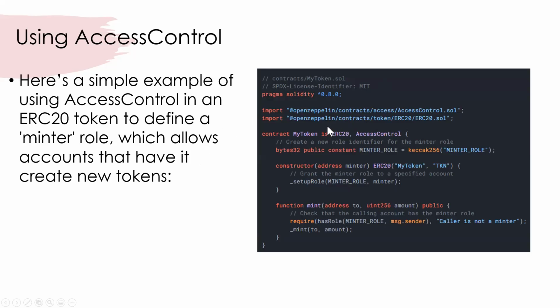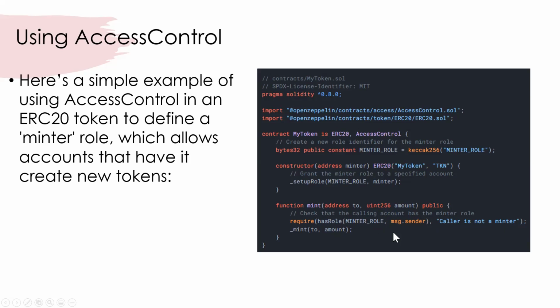So this is it. This is an ERC20 contract, a contract that is essentially a token, and it also has access control on it. So this is a role, for example, a mentor role, and this defines the constructor of the token itself, and it sets up the role. There is a function for minting, and it essentially requires that the caller has a mentor role, and if it doesn't, it's going to send back this message that the caller of this function is not a mentor, does not have this role.